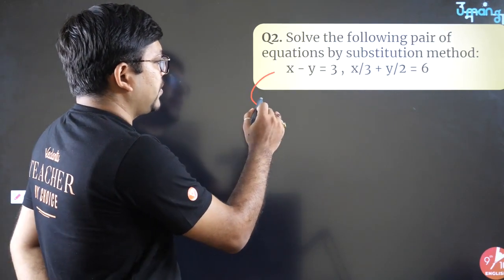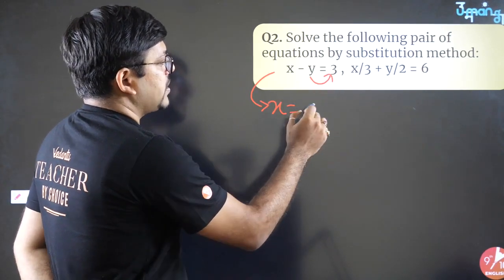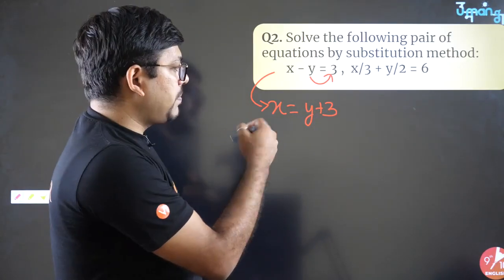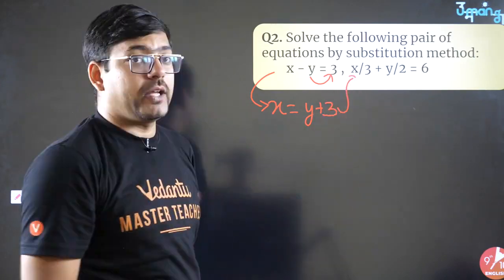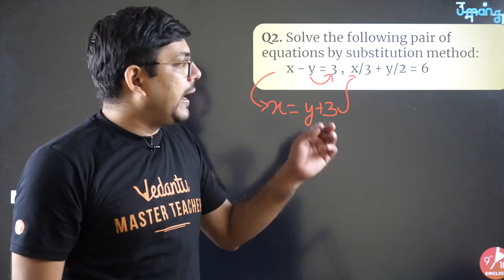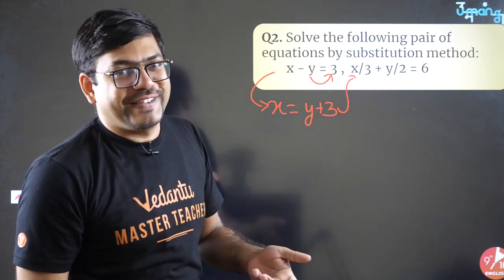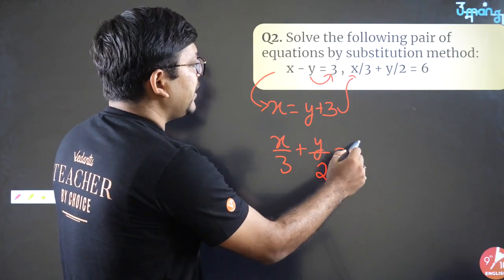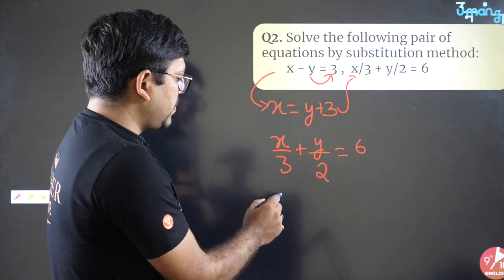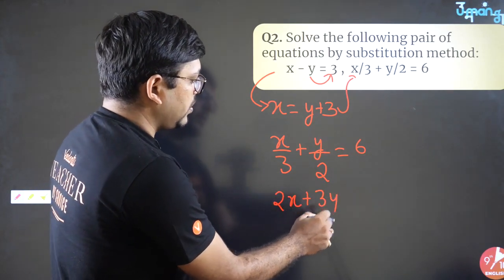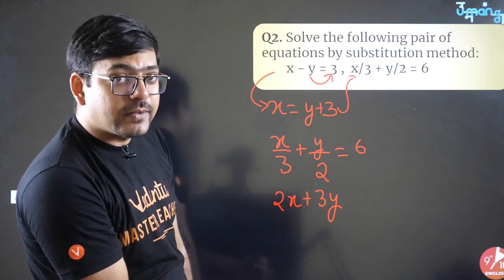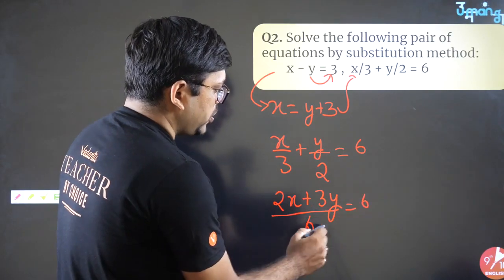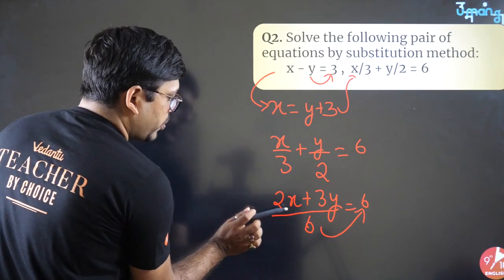So here I would like to have the value of x. So I can send this y to this side. So we will have y plus 3. Cool. Simple. So if we got x is equals to y plus 3, very easily I can put it in the second equation. But before putting it in the second equation, let's make the second equation look a little beautiful. The second equation is right now x by 3 plus y by 2 equals to 6. You have to take the LCM. So this will become 2x plus 3y, and in the denominator you will get 3 2s are 6, isn't it? I am assuming that you understand that the denominator 6 you can actually cross multiply, so I will be doing it directly.